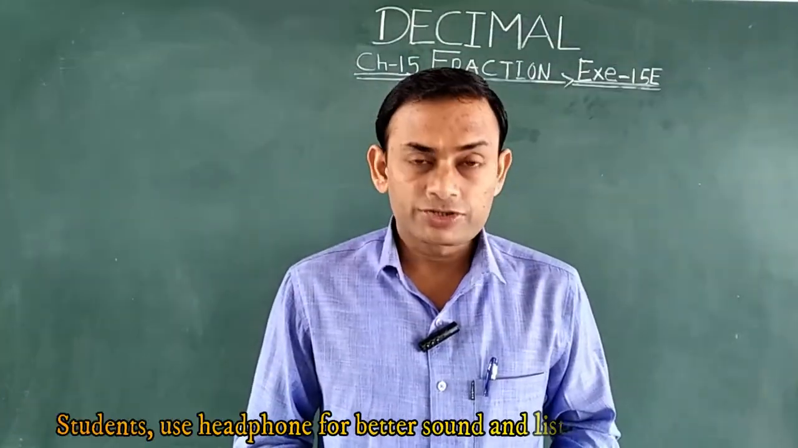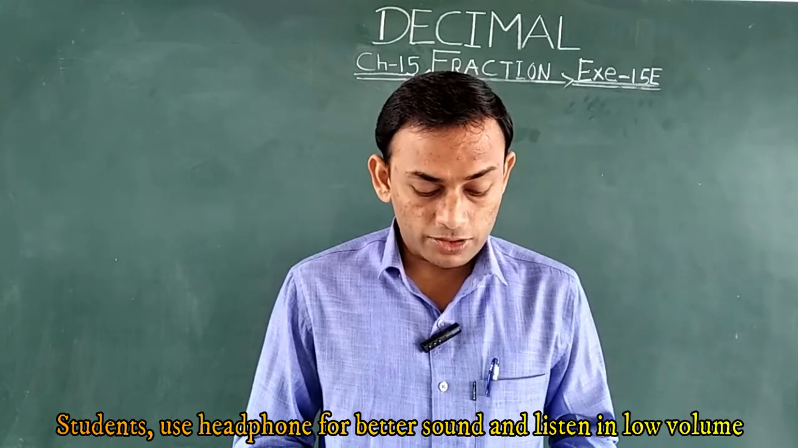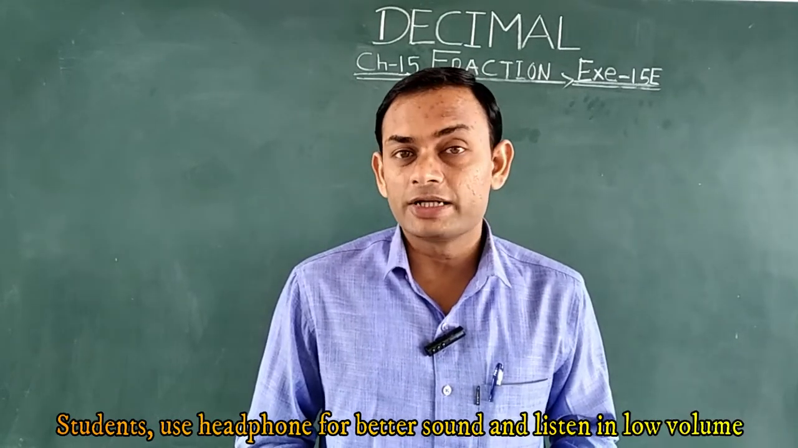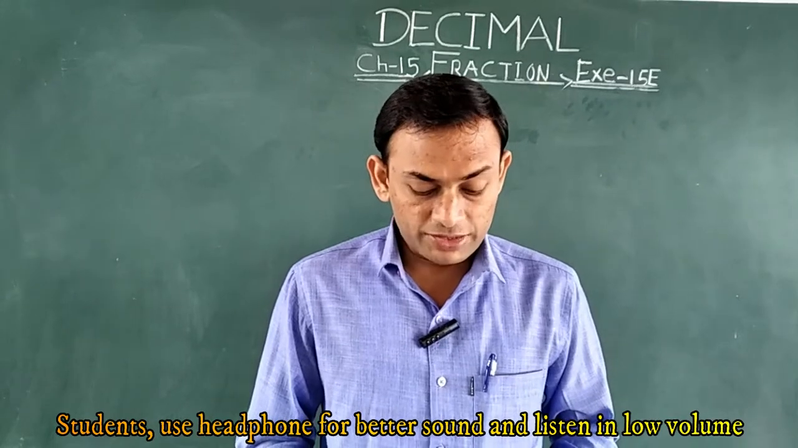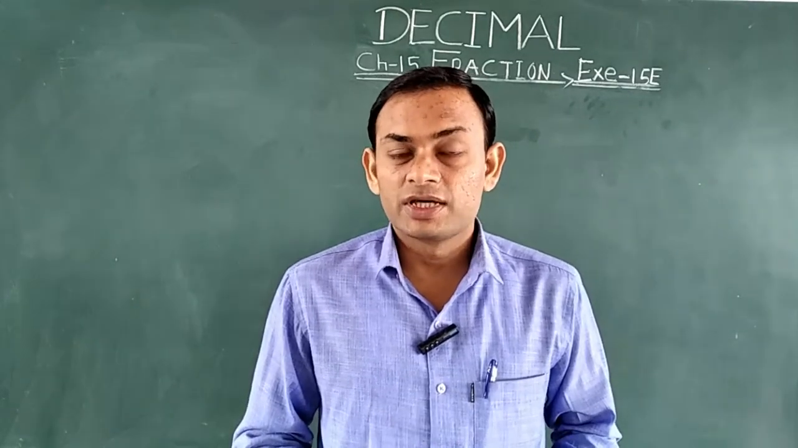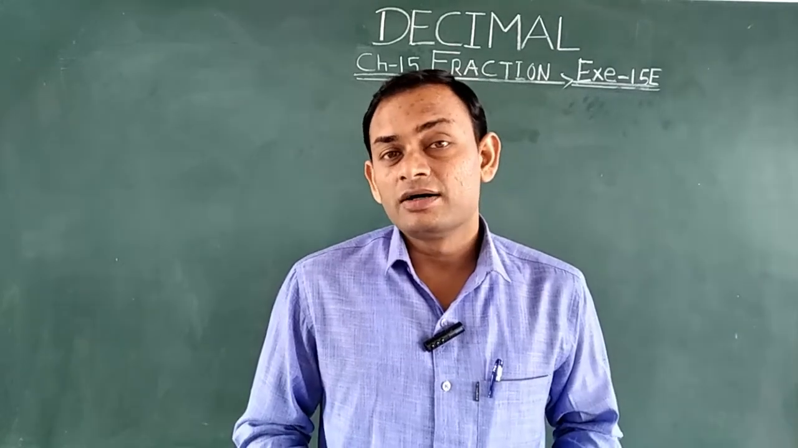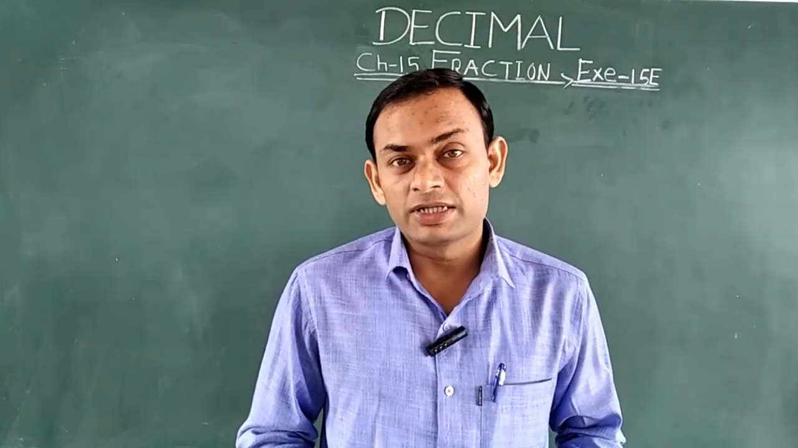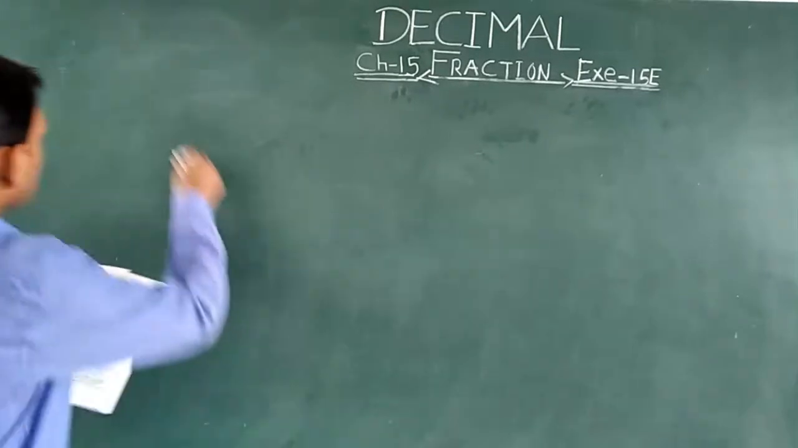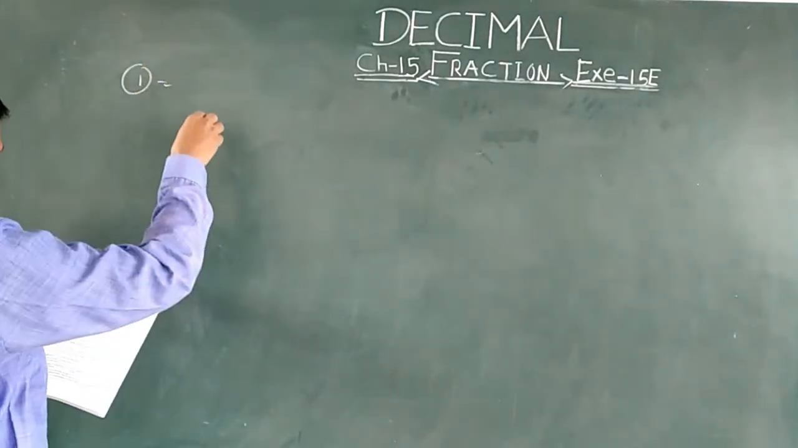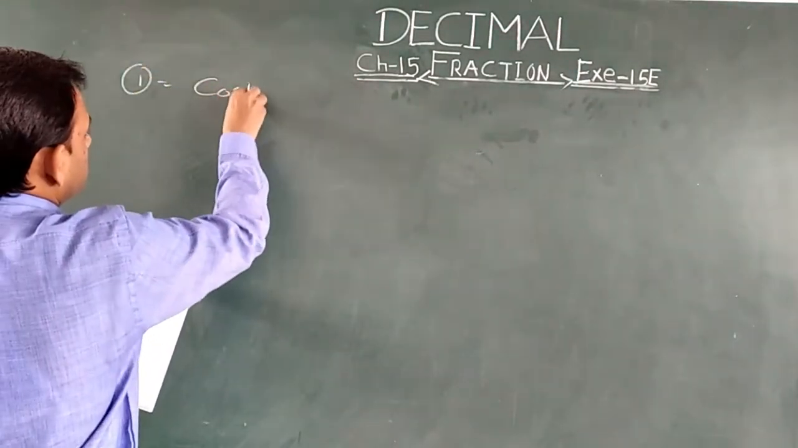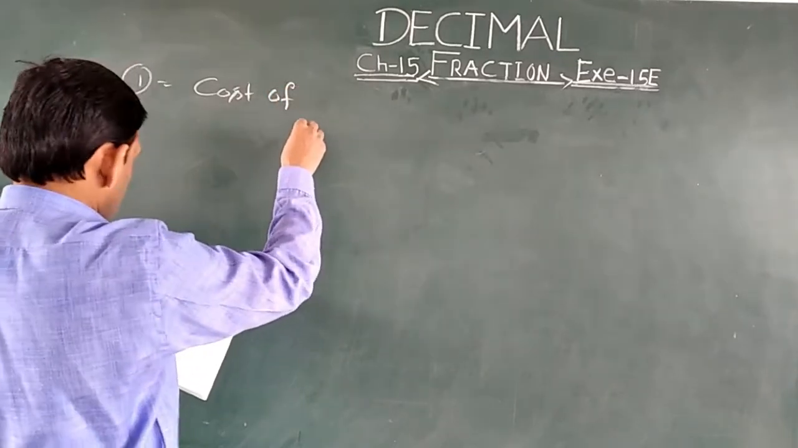The first question of this exercise says that the cost of a fountain pen is 13.25 rupees. What is the cost of such 8 pens? As I told you in the unitary method, whenever we have to find more things, we always multiply. So this is question number 1, and the cost of one pen